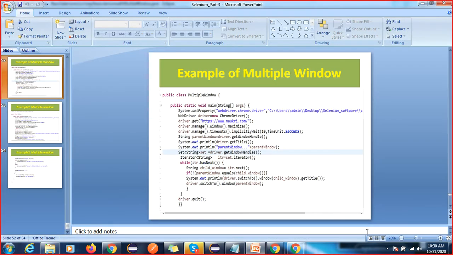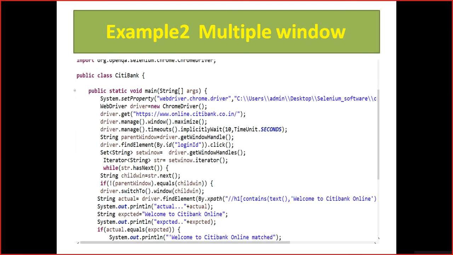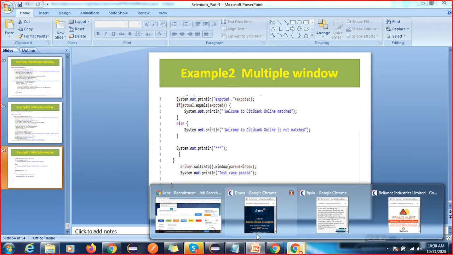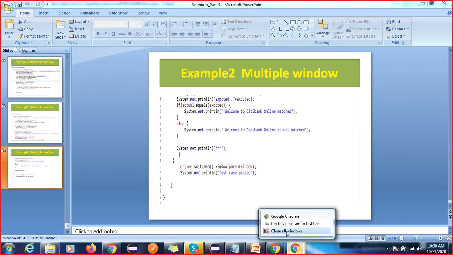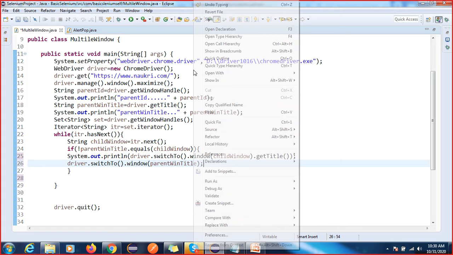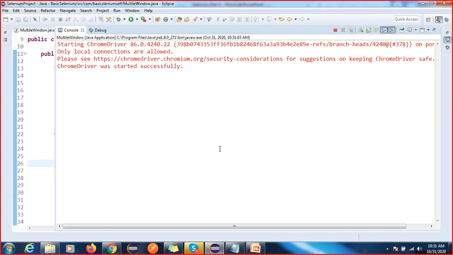But in the next example, I did not write it over there because of multiple windows. You can see here I have used it in the last one, and it is working fine because we have only one child window, but here we have multiple child windows. That's why this is the problem. One second, let me check and I will tell you why it is not able to find. Here multiple, four and five windows are opening.